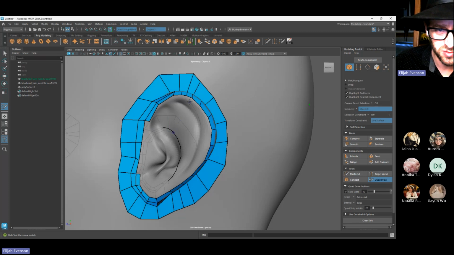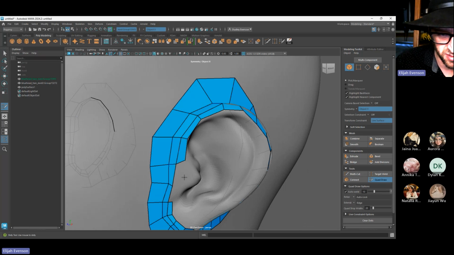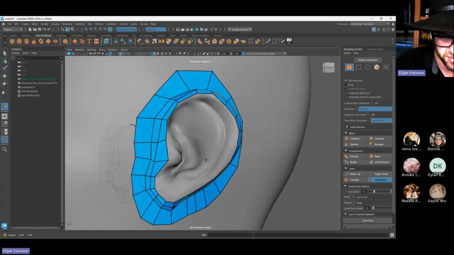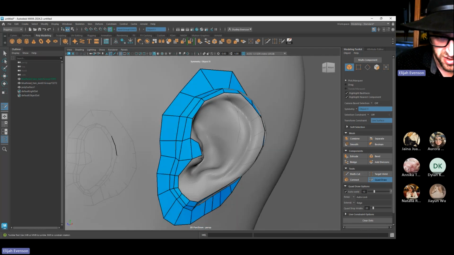But I don't want to get too many before I understand the interior. So let's leave some of those out. And then as we come into this side, I will start to break some things up. In the inside of the ear, definitely don't want to think about concentric circles too much because you just go crazy. But I try to get some around the little divot here and giving the lobe a